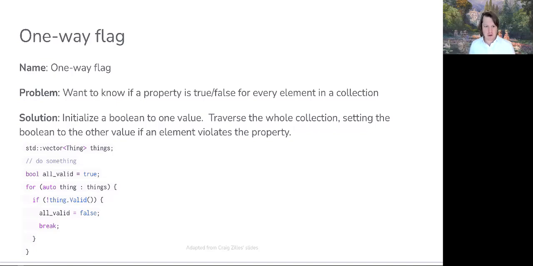So if we look here at the code I provided, we have a standard library vector of thing named things, same as last time. We have this Boolean variable, all valid, and we've initialized it with true. And then we're going to step through each element in that container. So we have a range-based for loop here, auto thing in things. So for each thing in things,